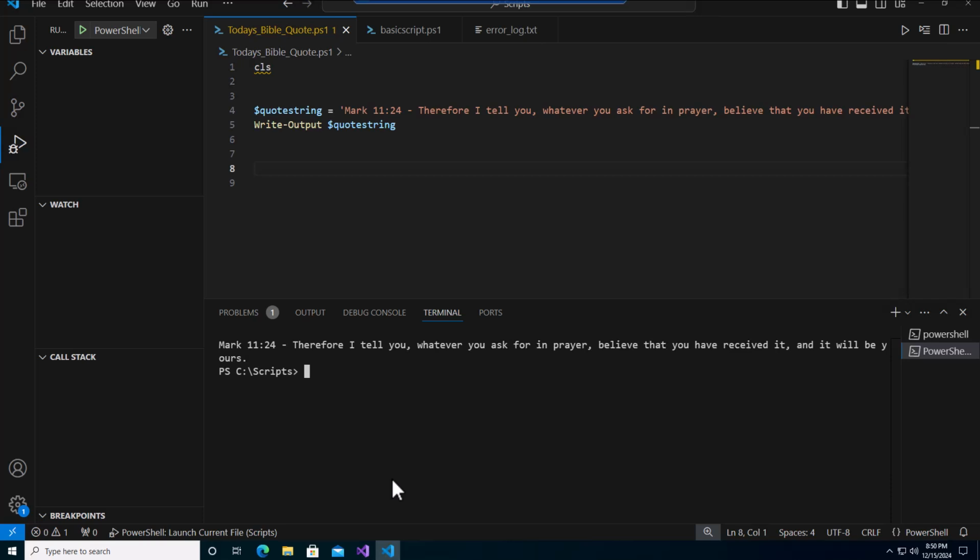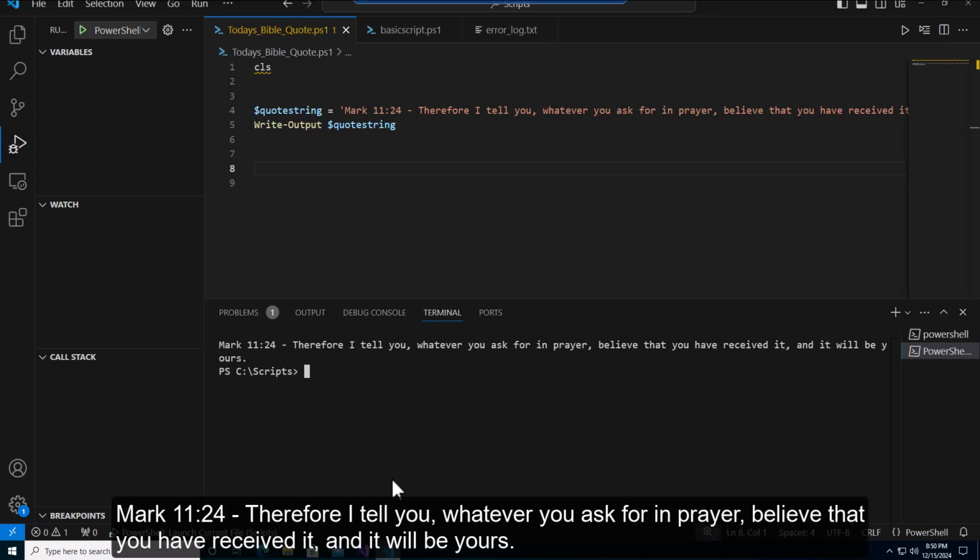It's going to be Mark chapter 11 verse 24. Therefore I tell you, whatever you ask for in prayer, believe that you have received it and it will be